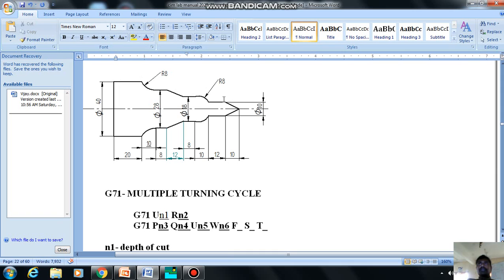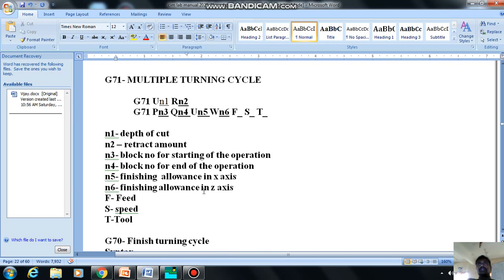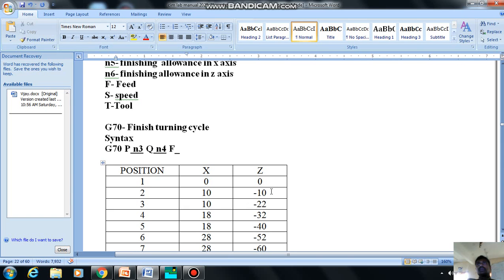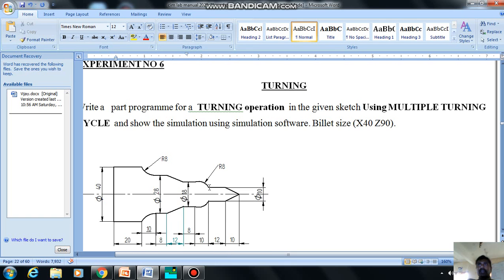Then from here it goes to diameter 10 for a distance of minus 10, and it goes to diameter 10 for a distance of minus 22. So this is linear. So here 10 minus 10, 10 minus 22, these are linear. Once the linear is over, again it starts a curve. From point 3 to 4, it is moving in a curve. This curve we can say is G03 because of its circular counterclockwise movement, and then it goes straight. Again it is a curve, a clockwise curve, that is G02. So by using this G02 and G01, we are going to write the program.